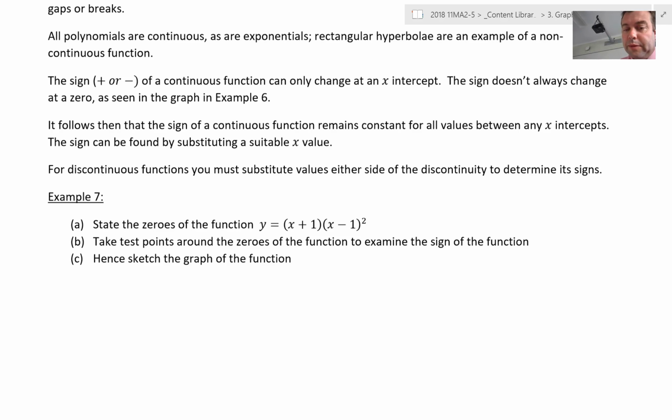So, we're going to find some intercepts, and then we're just going to have a look to see where it's positive and where it's negative with a table of values. Right, we're going to do that, and then we're going to sketch this, well, I suppose, this fairly complicated looking